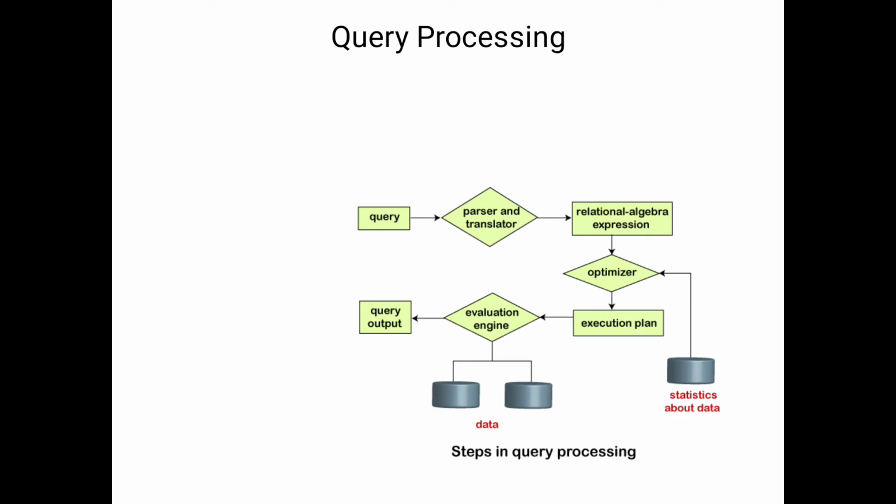Actually, here we have different types of relational algebra operations available in the database management systems. Okay, so what are the different types of relational algebra operations? Select, project, rename, union, intersection, difference, Cartesian product, join, division. Why are the normal queries converted into relational algebra expressions? Because the evaluation engine understands this type of language only.